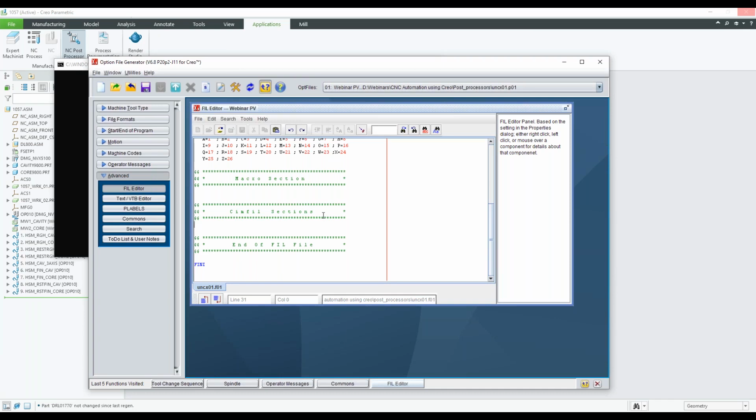If you want to change the way that the tools are loaded, then you will need to go and fix that. So the FUL editor falls into that category where the default output is not sufficient for you. It's not what you want, and you need to tweak that a little bit. You want the S value in a certain line, and the default is not giving that to you. Then you need to go and do that. So that being said, let's quickly go and open up a previous